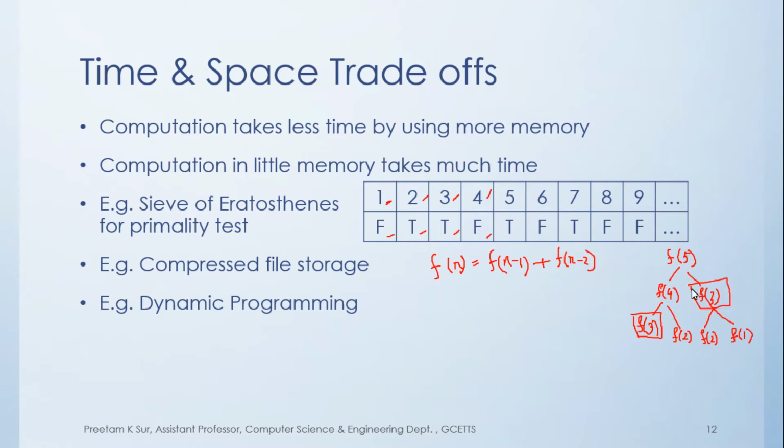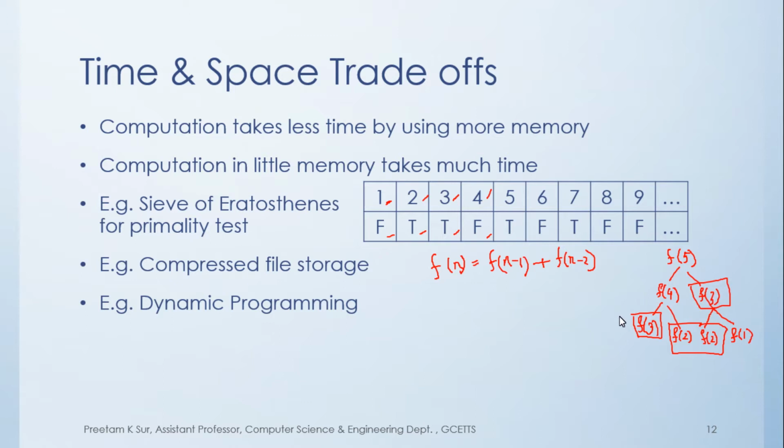Now, if you try to find a much higher Fibonacci number, like the 10th or the 100th Fibonacci number, you will find that these kinds of subproblems appear so many times. Similarly, f of 2 also appears more than once, and in the recursive algorithm, it will be solved again each time it is called, right? So what we can do is have a table or more memory where we can store these values, right?